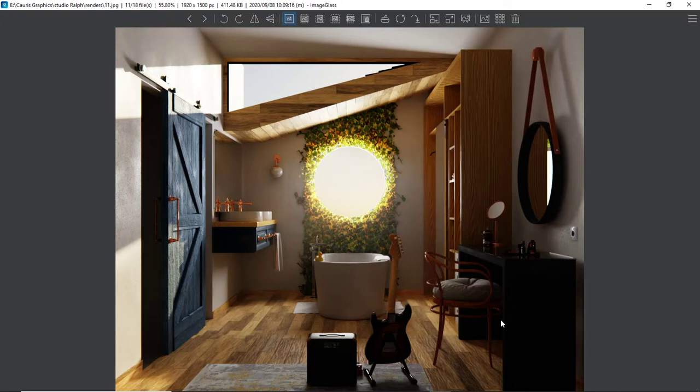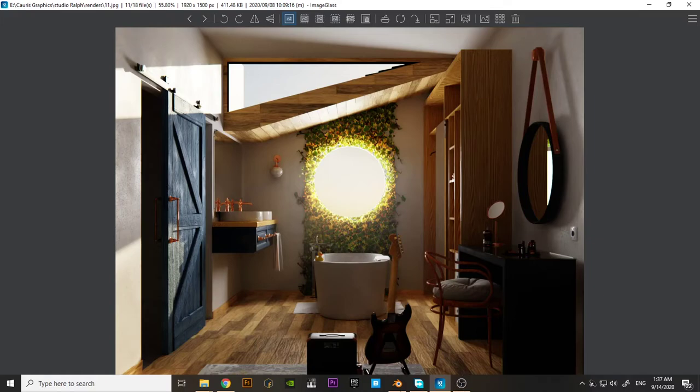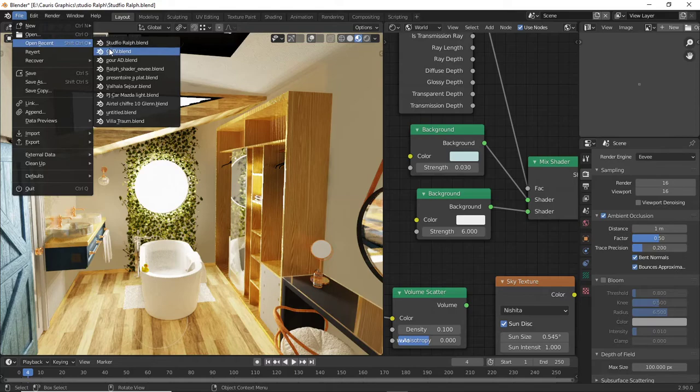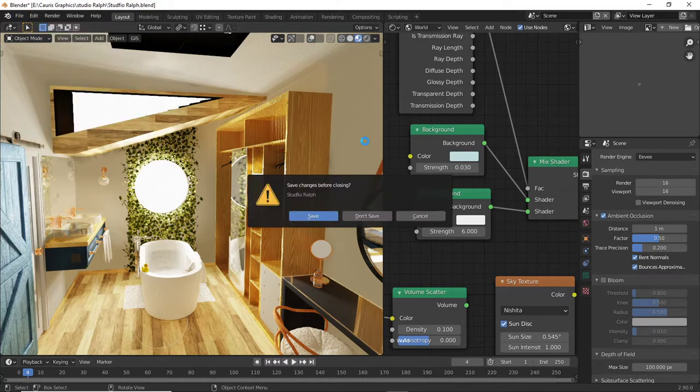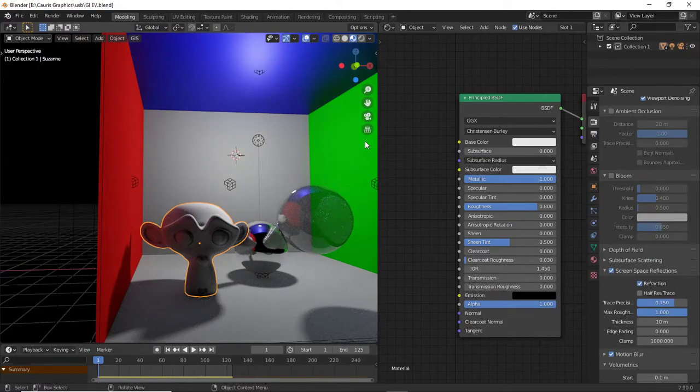I will quickly try to explain to you how the SSGI add-on works. If I go to another file, it will illustrate how the SSGI add-on works without it. You can have this effect in Blender without the SSGI add-on. I think the SSGI add-on gives you a more user-friendly interface and maybe some options. It may correct certain artifacts you can have without using the SSGI add-on, but you can get pretty close.